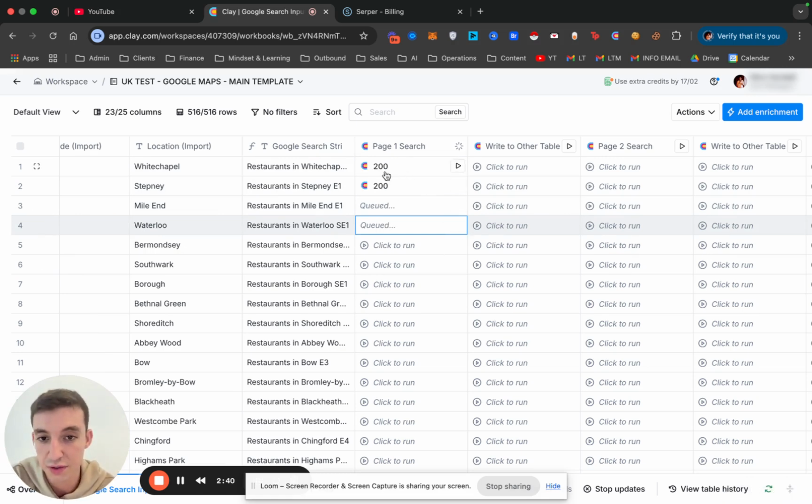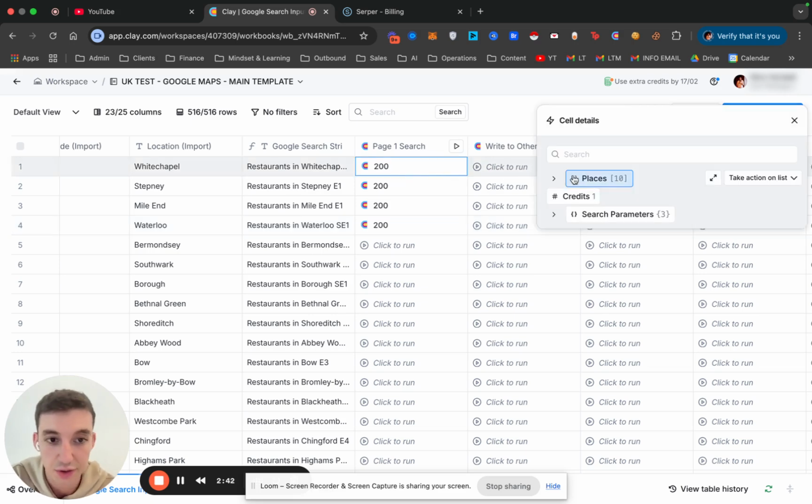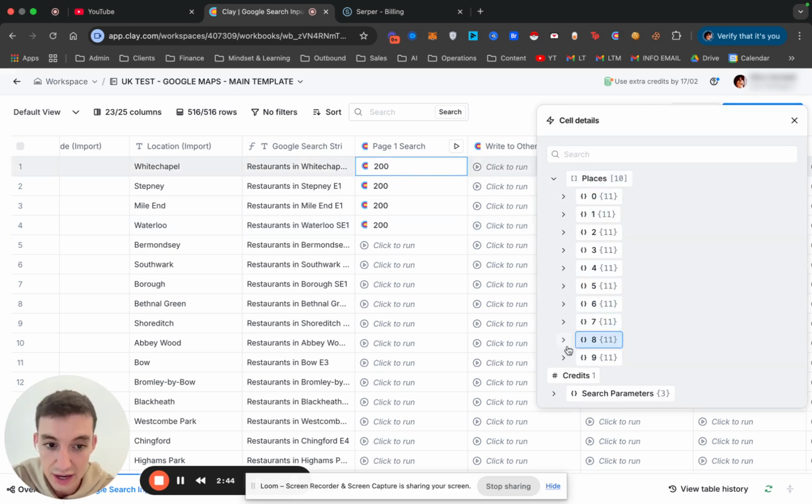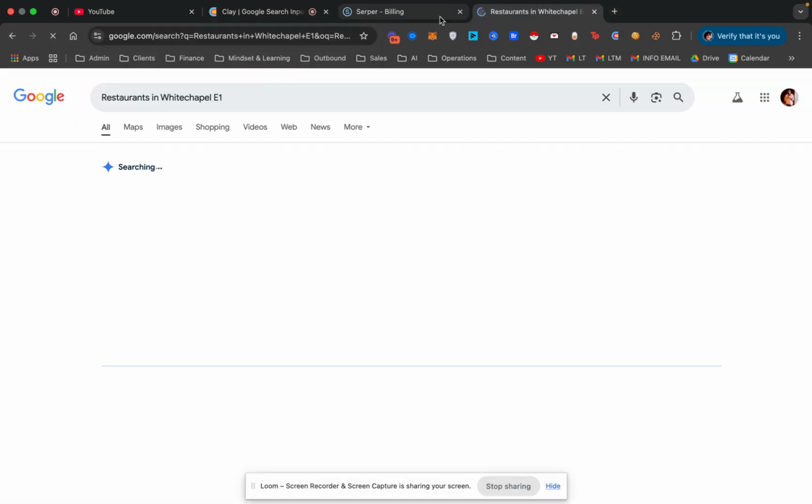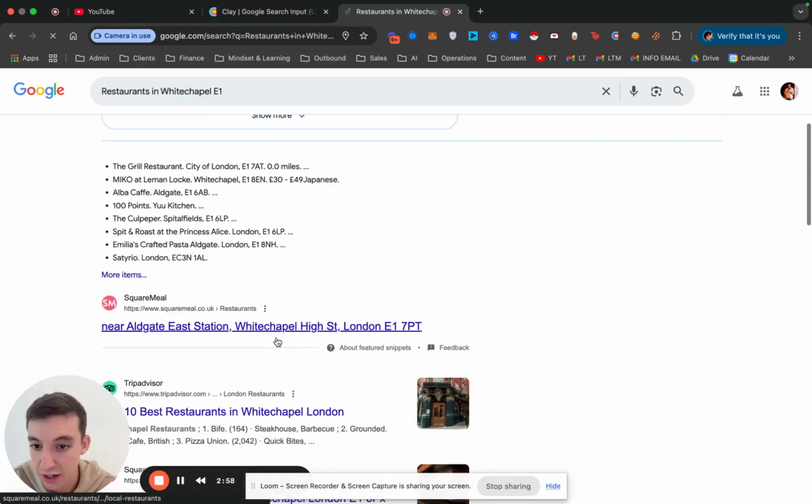So if it's a success, you'll see 200 here. If you click into it, you'll be able to see the data that you can get. Now you get only a maximum of 10 results per query, per page. So if I do the drop down here, you can see here's a restaurant. If I was to do the search myself and I was to go into here, right, and then I pulled up